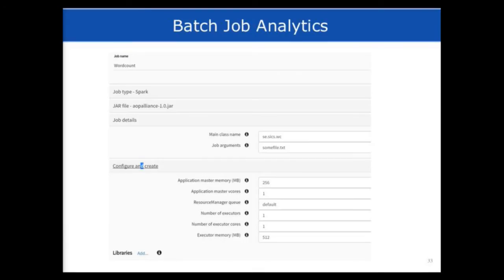We have a batch job, which you can create. Here's an example of creating a Spark job. All this is run on YARN, I should mention as well. If you're interested in research, if you're launching YARN jobs, you have to specify a lot of information. It's a nice area where we can do some automated inferencing of parameters